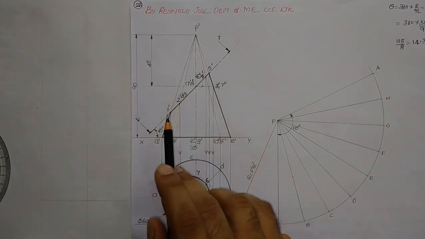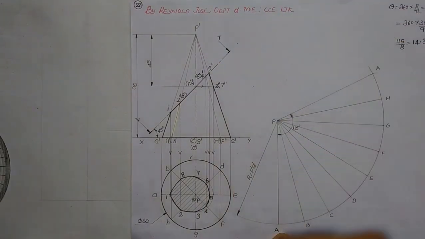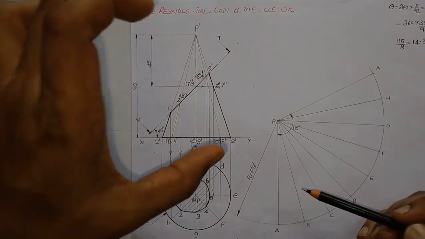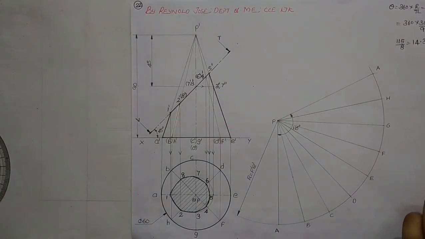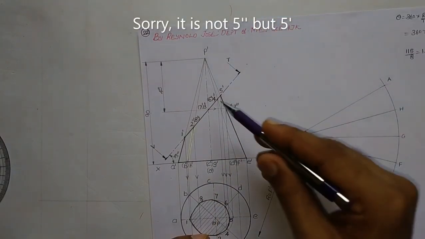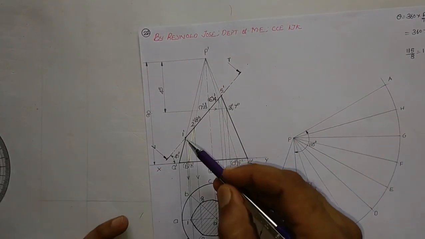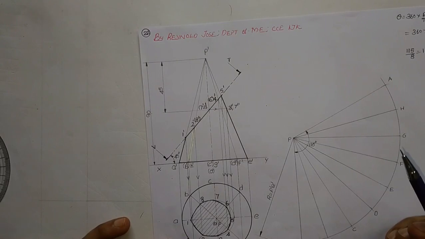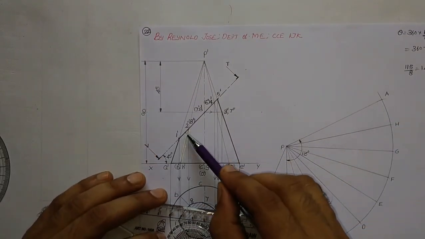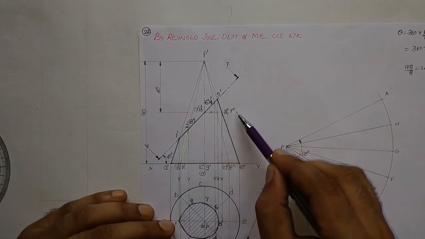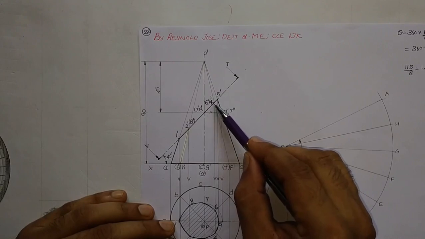So first we shall transfer each and every point to a true length generator. We are transferring it because in the development all the lines will be having their true length. So a transfer of true length to true length is only possible. So that is why we are doing this procedure. Already 5 double dash is on a true length generator, so we need not transfer it. And 1 dash is also on a true length generator which is P dash A dash, so we shall not transfer it again. We shall transfer 2 dash, 8 dash, 7 dash; 3 dash is already transferred here as 3 double dash and 7 double dash. We shall transfer 6 dash, 4 dash also.